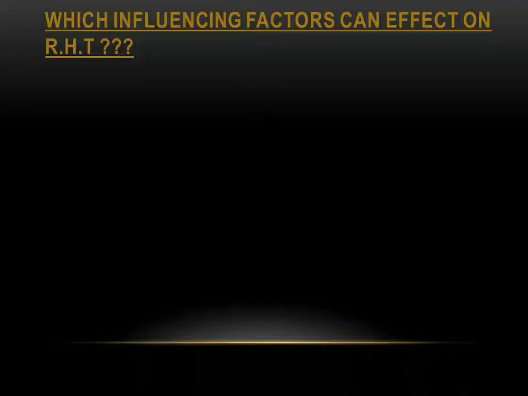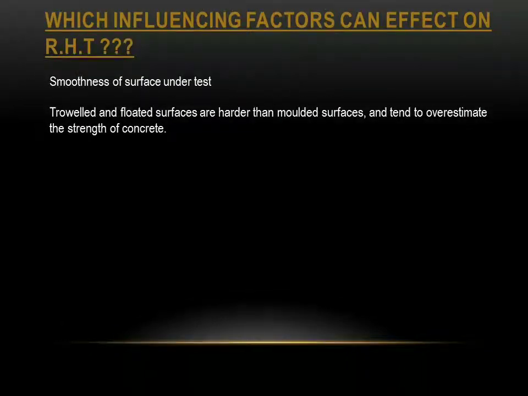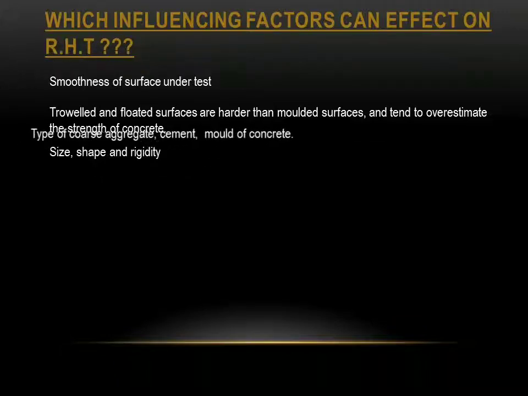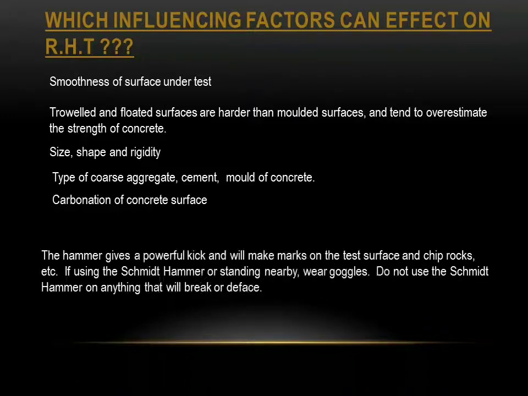Which influencing factors can affect the RHT? Smoothness of surface under test. Troweled and floated surfaces are harder than molded surface and tend to overestimate the strength of concrete. Size, shape and rigidity. Type of coarse aggregate, cement, mold of concrete. Carbonation of concrete surface. The hammer gives a powerful kick and will make marks on the test surface and chip